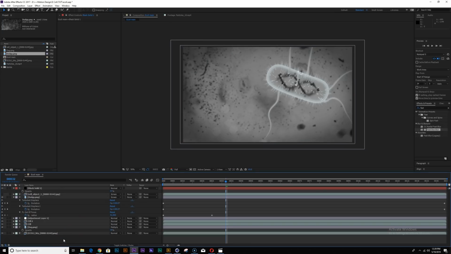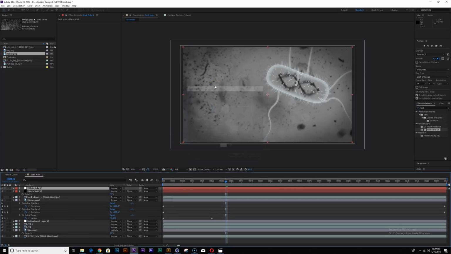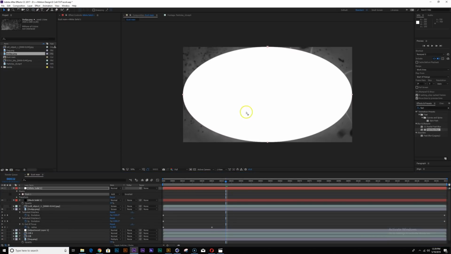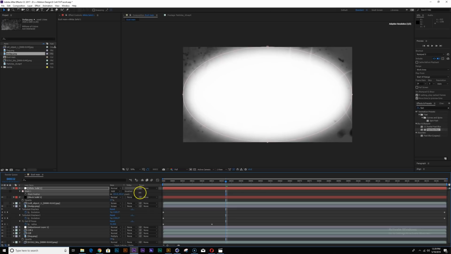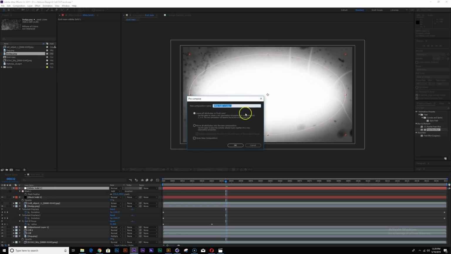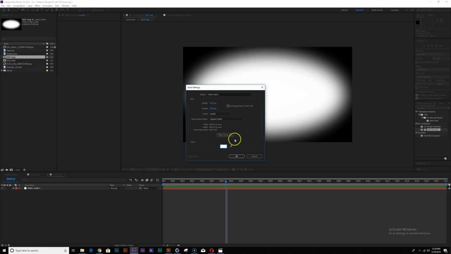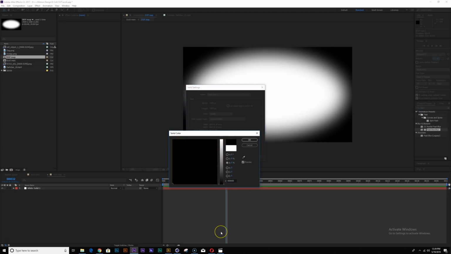And another thing I'm going to do is create another solid, make it white, do the same thing, but this time I'm going to feather this out and maybe shrink that in a little bit. I'm going to pre-comp this. I'm going to call this my depth of field map. It's going here, and let's create another black solid and put it on the back.